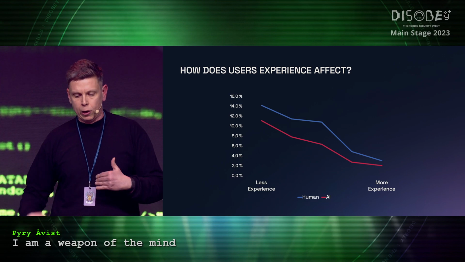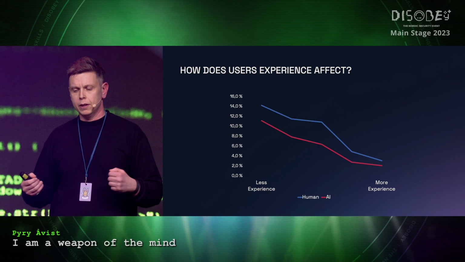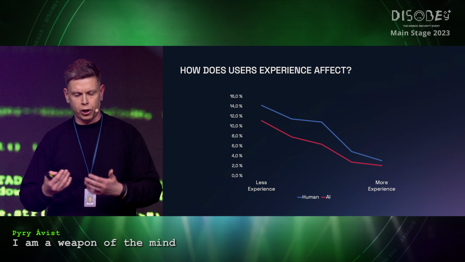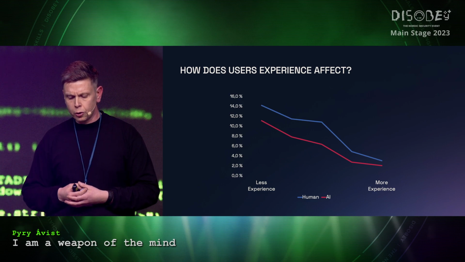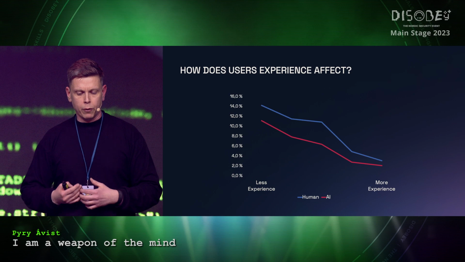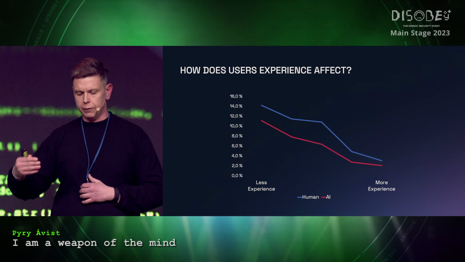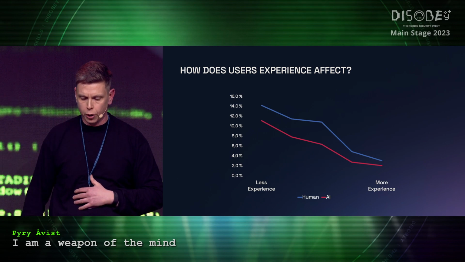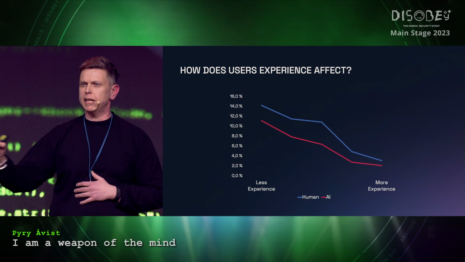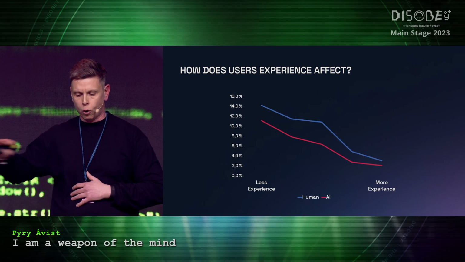The second interesting thing that we looked at is how user experience affects this. We have a lot of users on our platform with varying backgrounds, from security to HR, legal, sales, etc. And we have users who have been exposed to fewer phishing attacks, and users who have been exposed to more attacks. They have more experience. They have seen sophisticated spear phishing attacks, credential harvesters. They have seen it all.